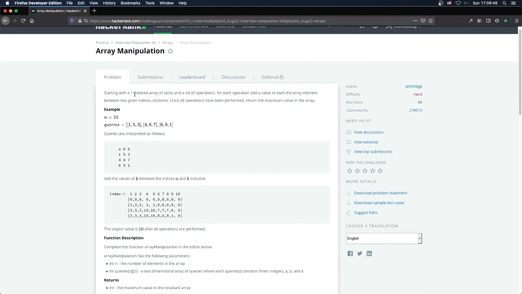Starting with a one-indexed array of zeros. I hate it when they start with one indexed. Array of zeros and a list of operations. For each operation, add a value to each array element between the two given indices inclusive. Once all operations have been performed, return the maximum value in the array. Okay,